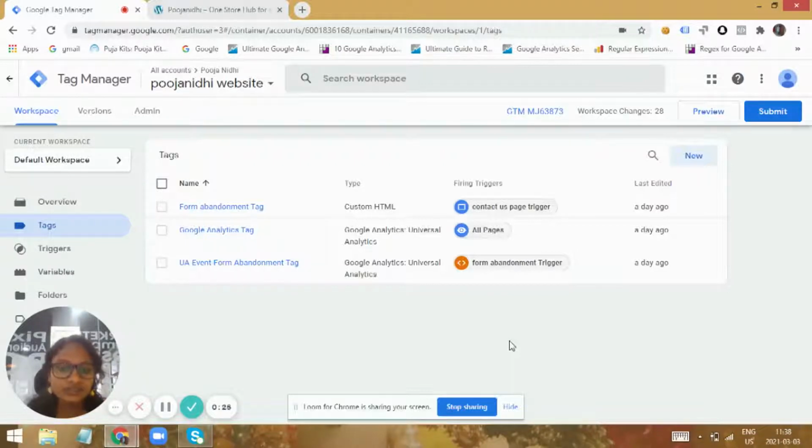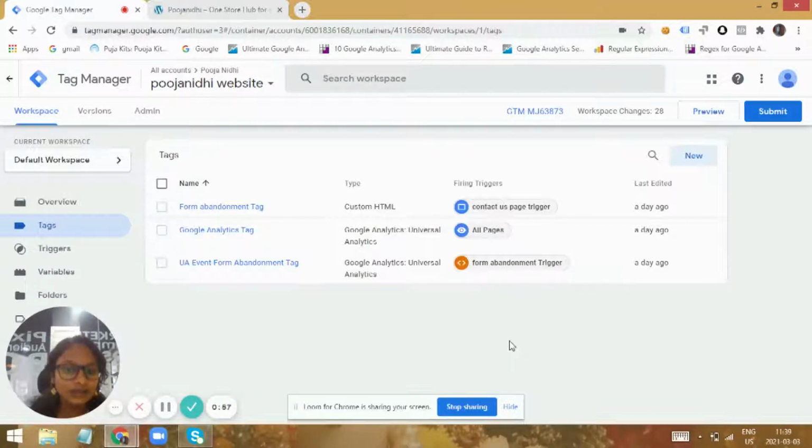So Google Tag Manager is the heart of measurement. You can track any kind of action that is performed by a user on your website. It may be a micro action like clicking a small button, or it may be a macro action. While coming to an e-commerce site, it would be a purchase, or in a general website it would be an inquiry form or an application form. You can track the action performed by a user on that form, whether the form is being submitted or the form is being abandoned at a particular point. So you can track every particular action of a user.